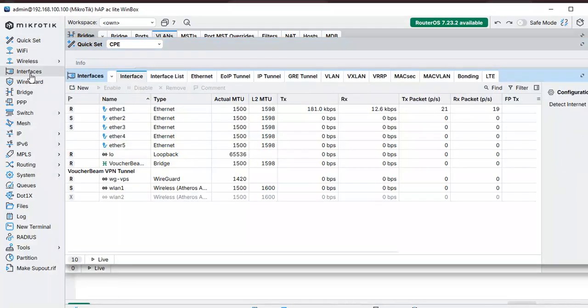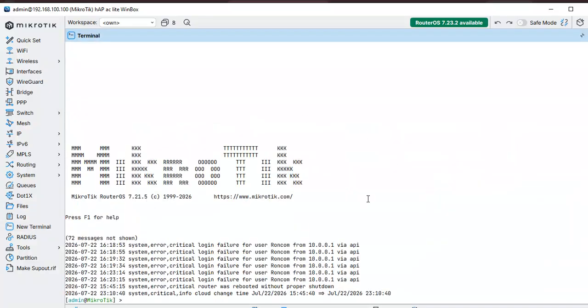When you come to the interface, this shows that the MikroTik is already connected. On the TX and RX, it always shows some figures changing in KBs or MBs according to the speed limit you have on your internet. But before going any further, check if the MikroTik is getting internet by pinging within the new terminal. You put